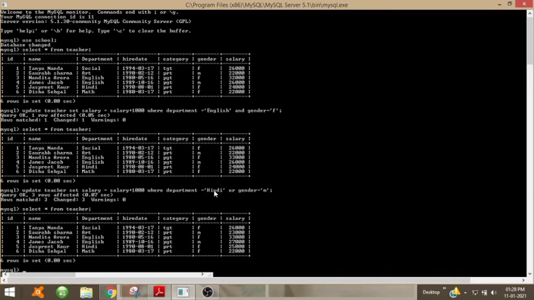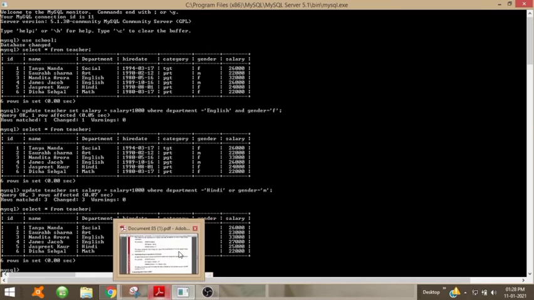So there are two conditions, and if any one of the conditions is true, then the salary has to be updated. In such cases we use the OR operator. If two conditions are there and both are true, then only the update statement has to be performed. In such cases we use the AND operator.